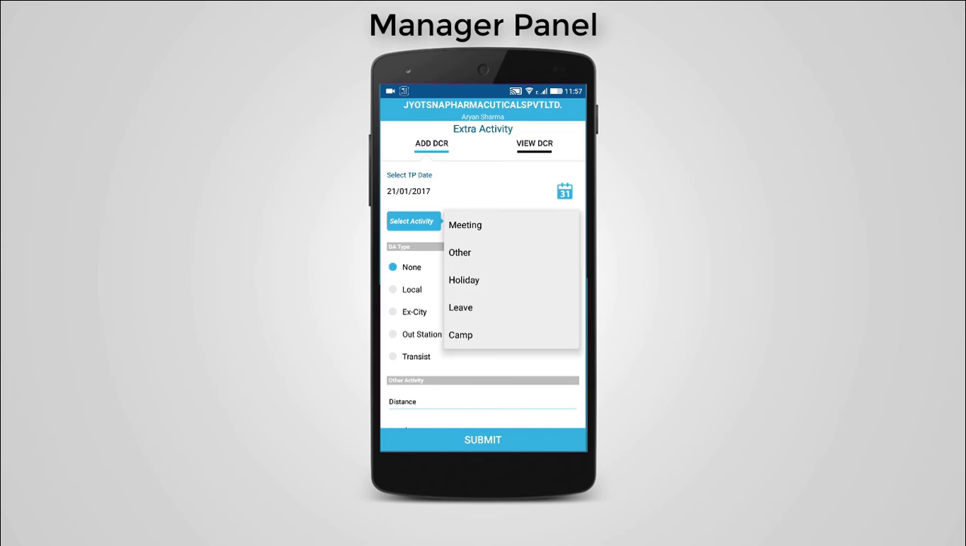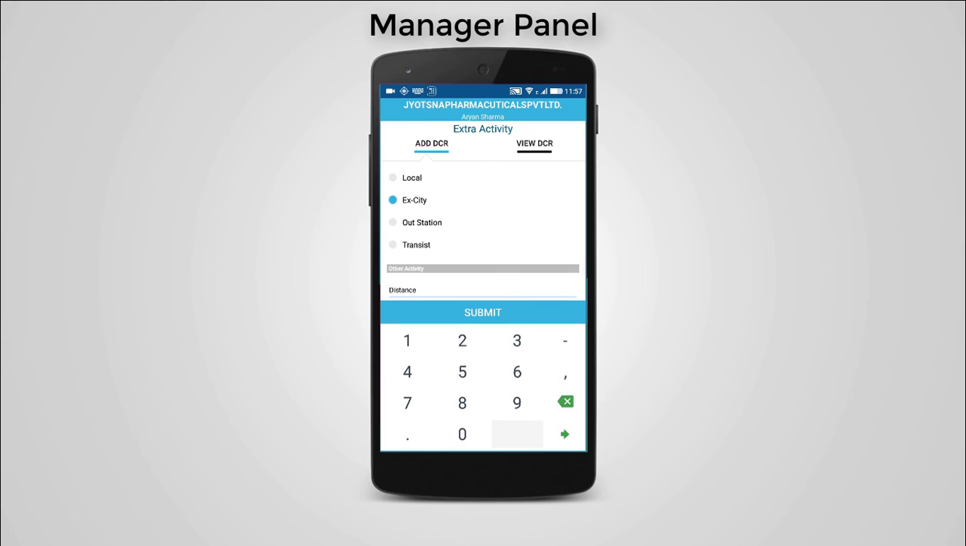then click on activity drop down and select the type of extra activity. Like you did meeting or were you on a holiday, did campaign. So suppose we select meeting. Then you select where the meeting or the extra activity was conducted, whether it was conducted in a local area or X city, outstation or transit. If you select X city or outstation, then you can define the distance which you have covered from local area